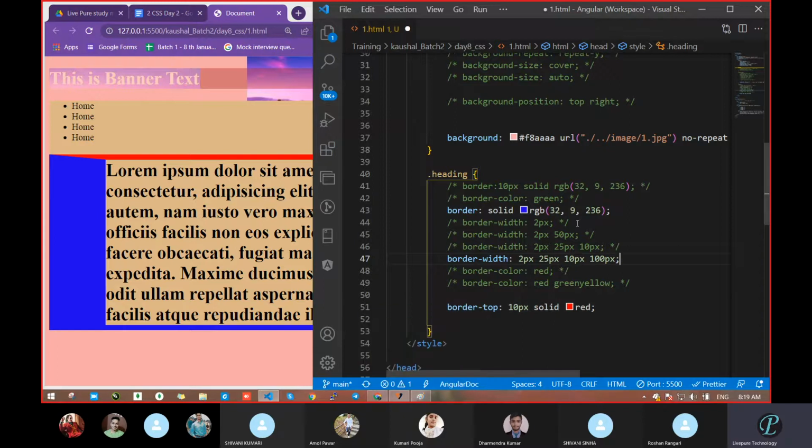Now my question is how we will decide which side and how the values rotate. Suppose we pass 2 values, then 3 values, then 4 values. Why not 5 values?